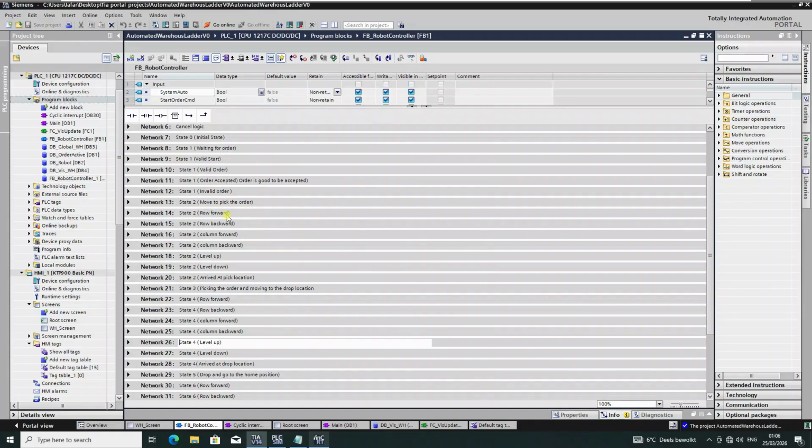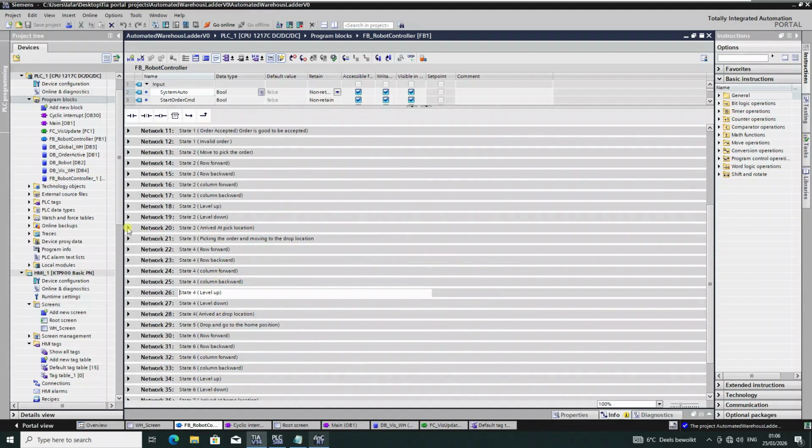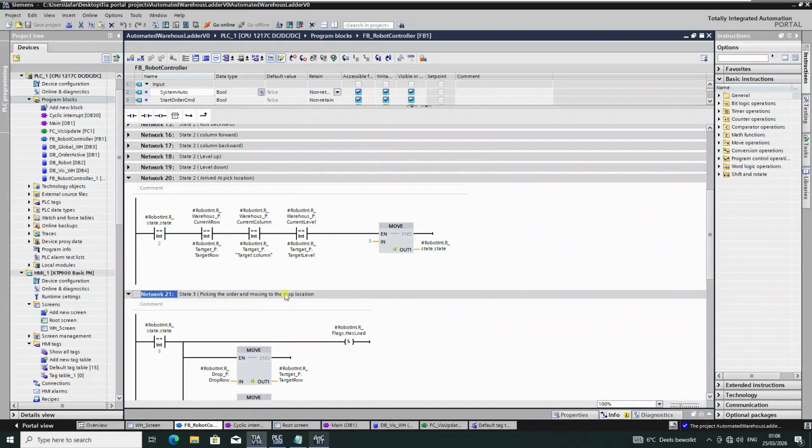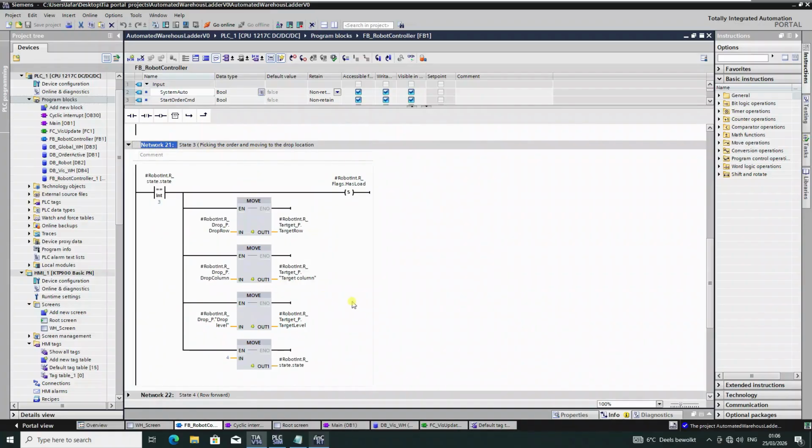State 1. What is it going to do here? It is valid. Move to pick. Okay, it's moving to the correct level. Arrived at pick location. So arrived at pick location, and now